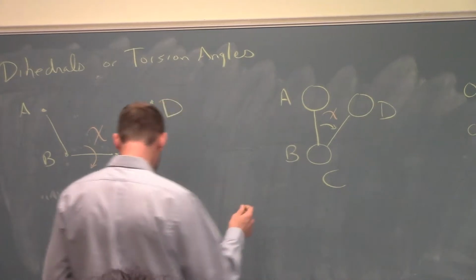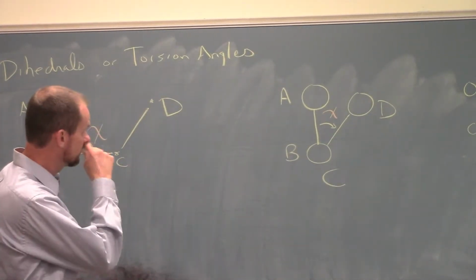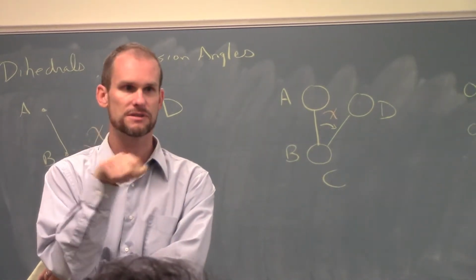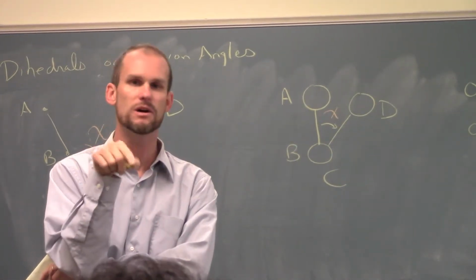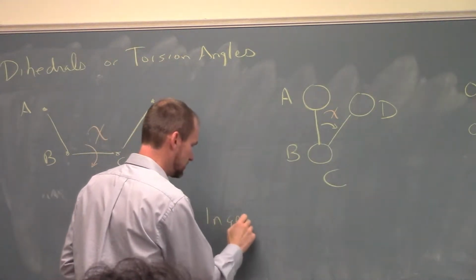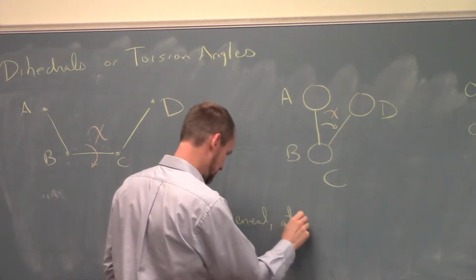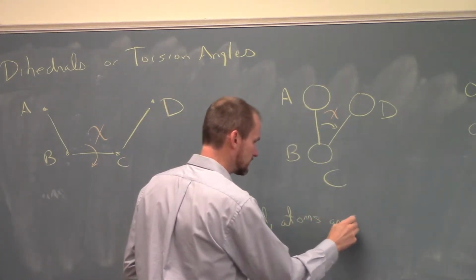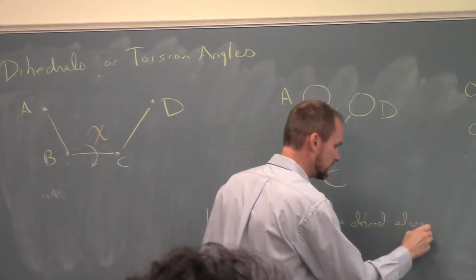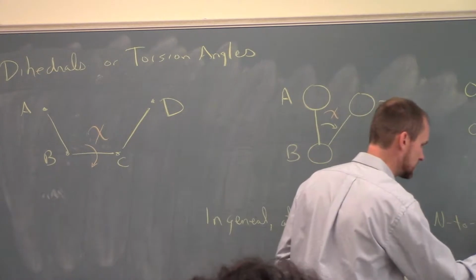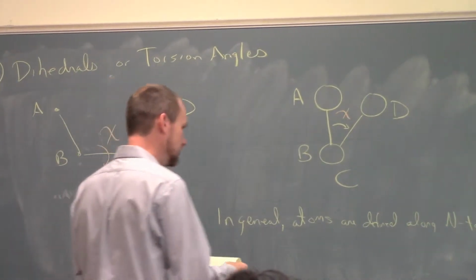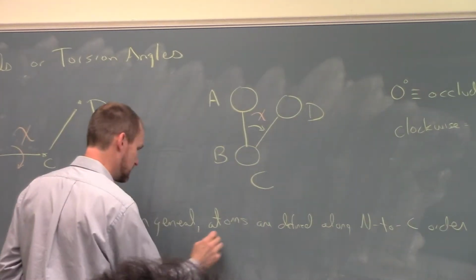Yeah, let's see. We also need to define which atoms are going to do this. I think in the PyMol workshop we measured some of these dihedrals, and I got a few questions about chi1, which atom do I use to define this? So in general, atoms are defined along the N to C order. So we usually follow along from the N terminus to the C terminus of the protein, and we follow